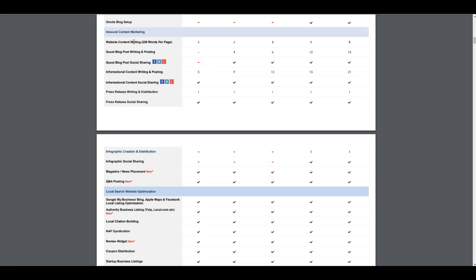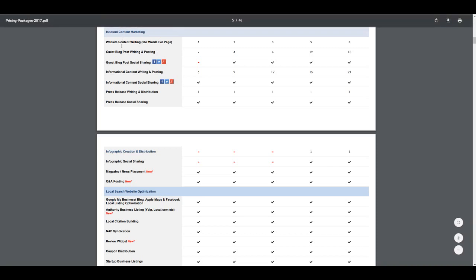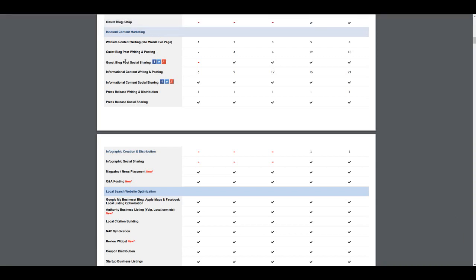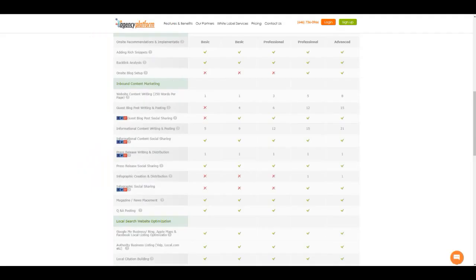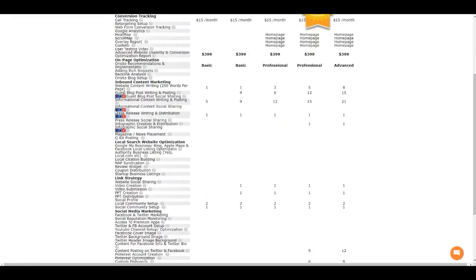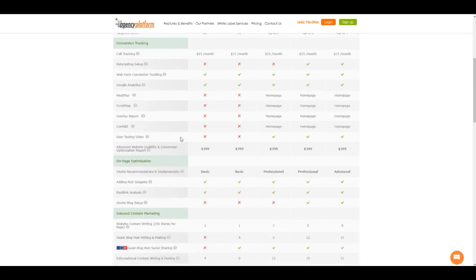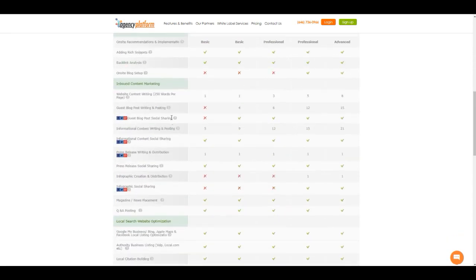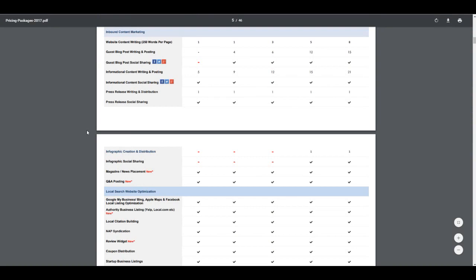If you want a further written breakdown of each line item here, while we're still working on a new dashboard layout on services, you can go to the agency platform website at agencyplatform.com, go to pricing, click local SEO, and you'll see the same package layout, but off of our website, you would see that there are comment boxes added. So if you did want a separate reference that had a written description on what each individual line item is, that's where you're going to find it for the time being until we update the dashboard more.